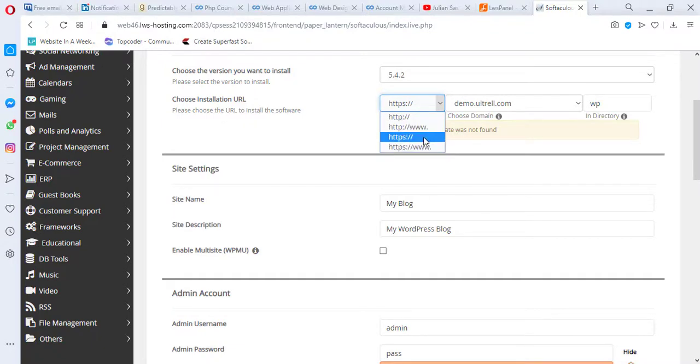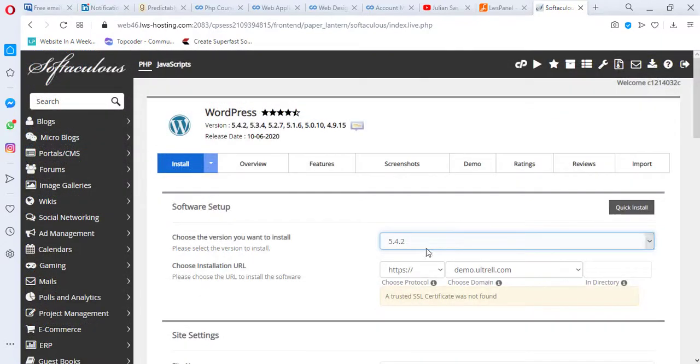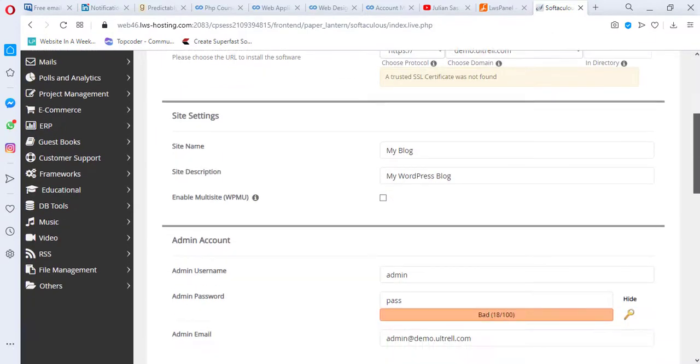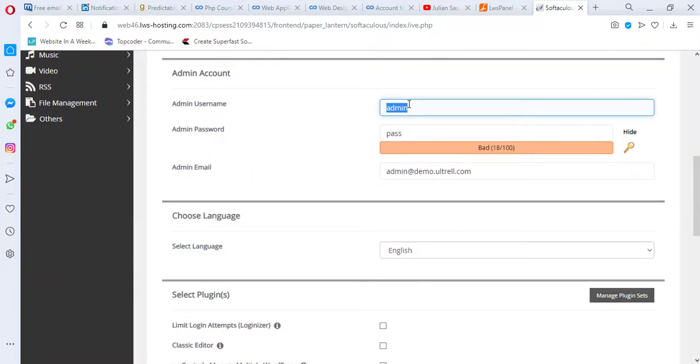I prefer HTTPS. I guess the SSL certification has expired. I want WordPress to be installed on the domain and not in another directory, so I'm gonna delete this. Here you can choose the preferred WordPress version. Also you can change the site name and site description,